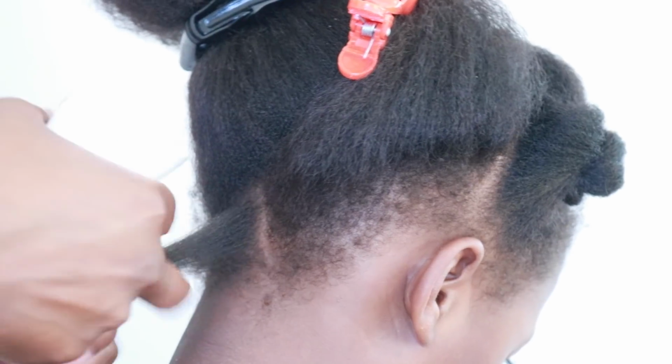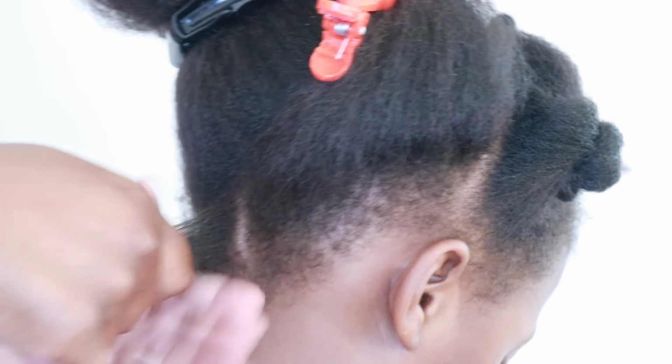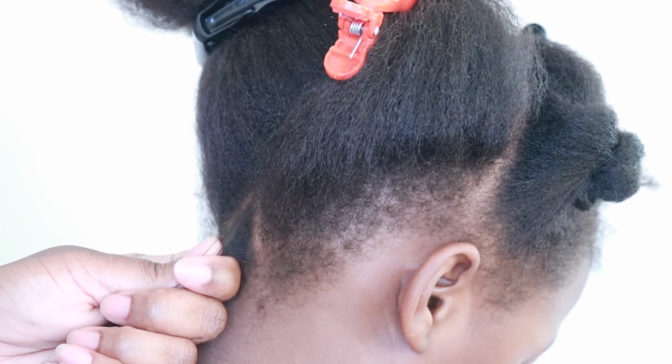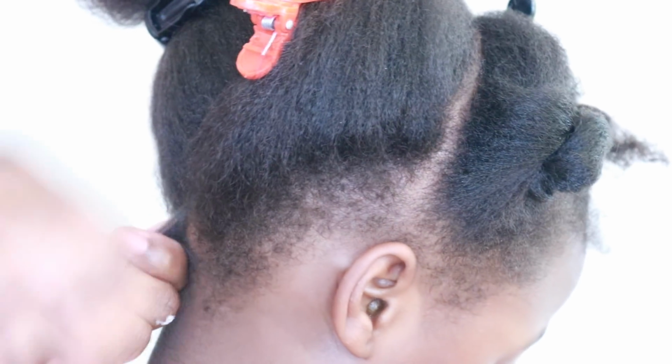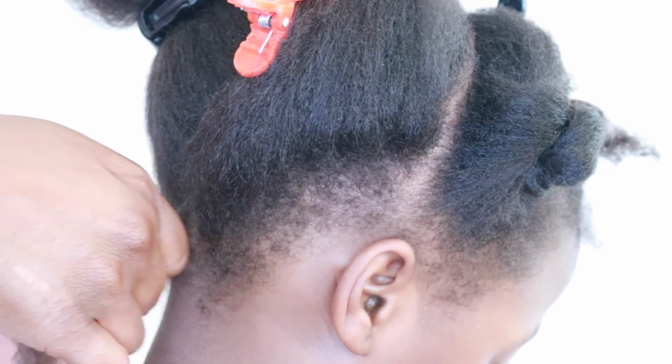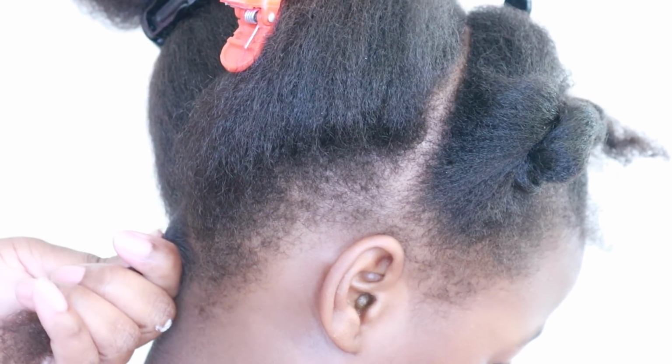Now, I blow dried her hair to lightly mist it with water, because I'm going to add the Perfect Assist styling aid to her hair. The styling aid is good. This is the Perfect Assist styling aid. It's going to moisturize her hair, give her hair a nice luster, and give her hair a slight hold. It's not a heavy hold, but it's going to also